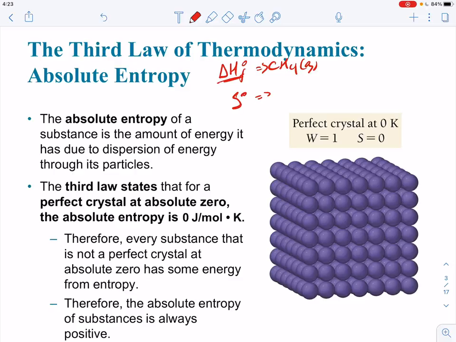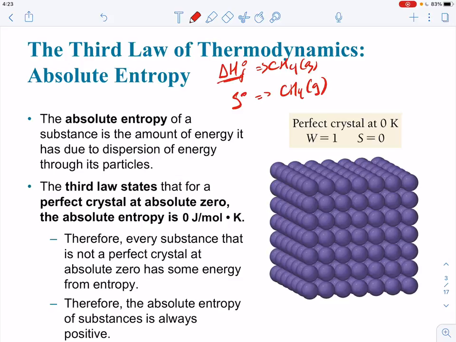There is no absolute enthalpy. But when it comes to entropies, then you can have an absolute entropy for any given substance. And that absolute value of entropy is always positive. Okay. However, there is only one